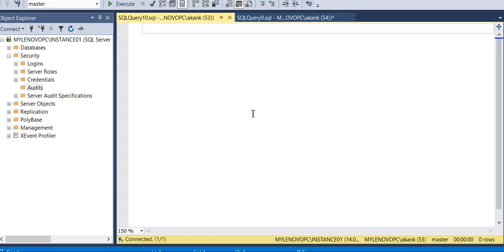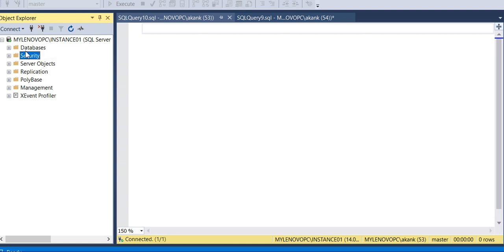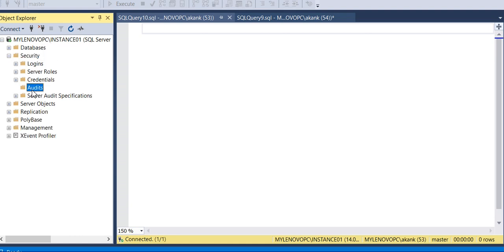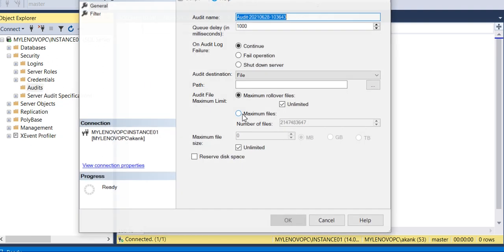So this is my Management Studio. Let's assume you need to track the reports over the past 2 months, whatever activities happened here. For that we have a beautiful tool called SQL Server Audits. If you connect to your SQL Server instance and go to Security, here we have Audits, and for that you need to create a report for the audit. So once you right click and choose New Audit, it will give you the option to create an audit file.